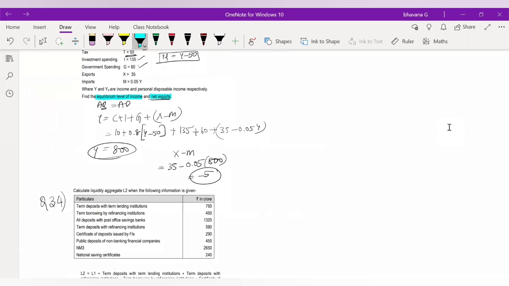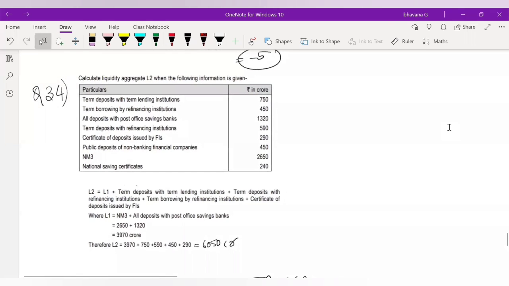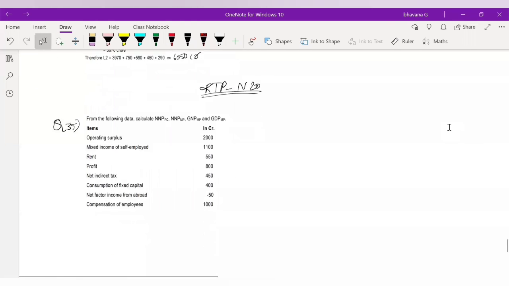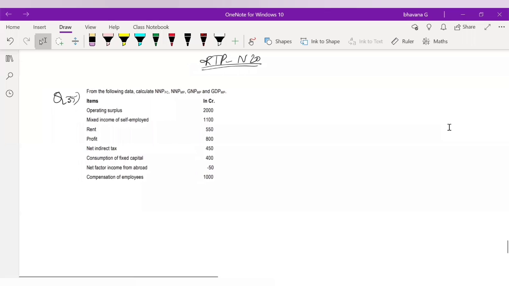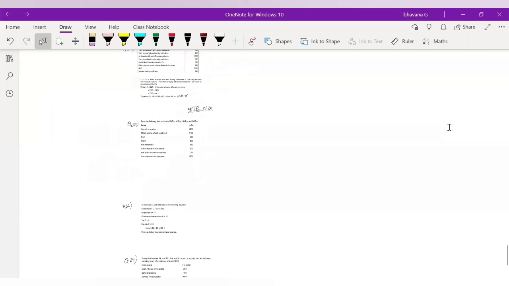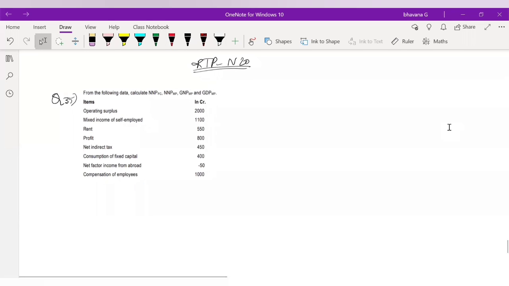A few more questions to go, guys, and then we are done with this. Okay, the 34th question also I'm going to skip. We are going to move on to our last, no, you have a few more questions. Yes, so RTP November 20 we'll see. Then you have RTP May 20. Sorry, this is the last RTP, guys, RTP November 20. That is this attempt's RTP. We are done with almost 5 RTPs of 5 attempts and 4 attempts question paper. So this is your 6th attempt's RTP.